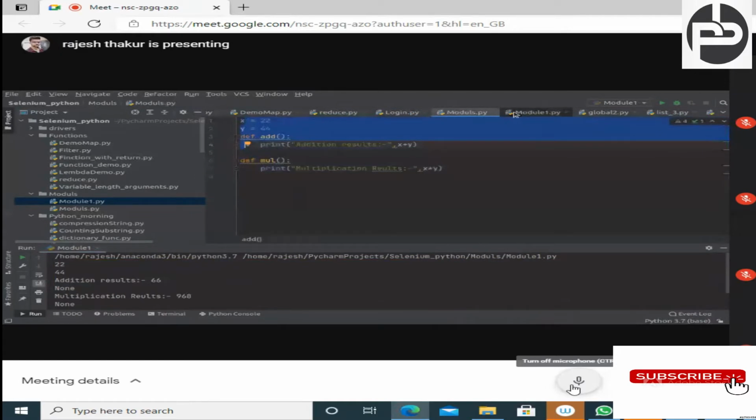But let's suppose in future, in production, you have multiple member functions and multiple variables. How can you access those variables and those methods? For that we have an inbuilt function, which we can call inside the module1 file, and check what functions and variables are available in this module file. So how can we call these things?